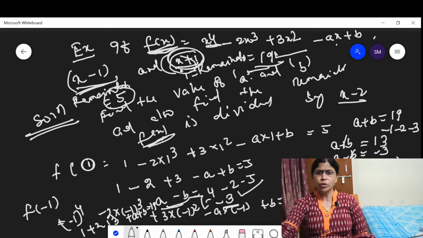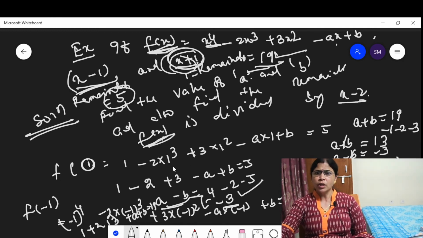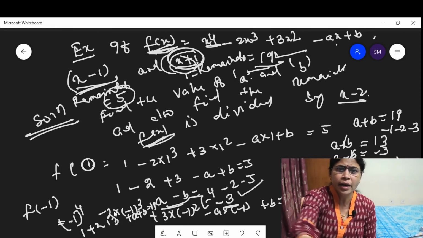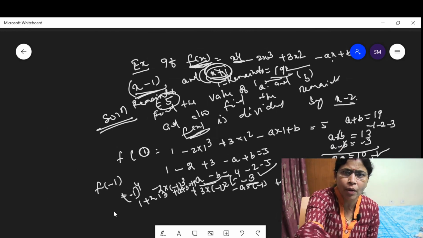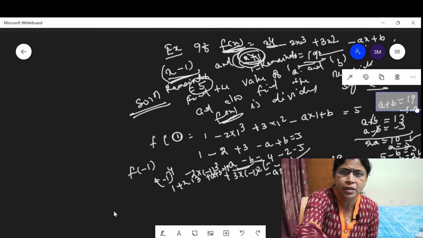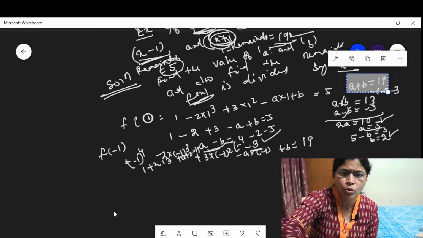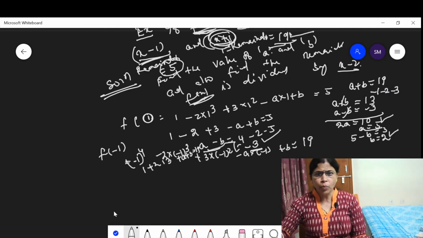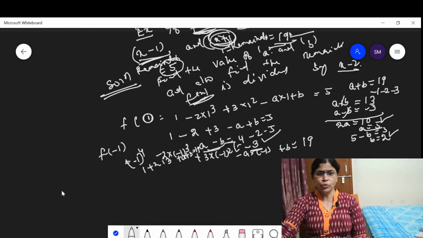Then here the question says find the remainder when f(x) is divided by x minus 2. This means we have to find out f of 2. Then put the values here and solve this. Find f of 2 when f(x) is divided by x minus 2. This means we have to find out f of 2. F of 2 is the remainder. F of 2 is equal to